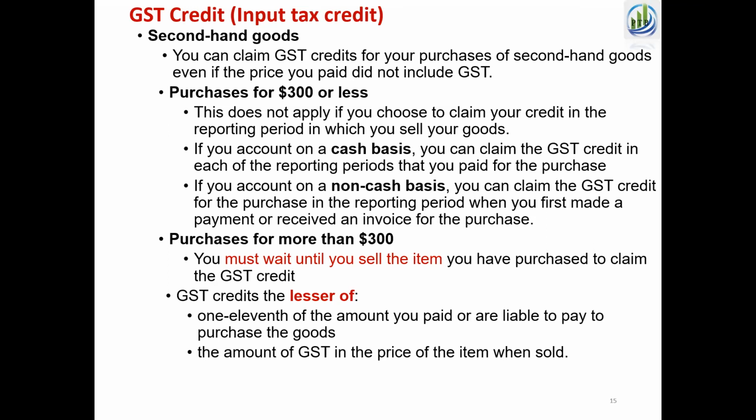But if you purchase a second-hand car from a Toyota dealer, you can immediately claim regardless of the amount. Why? That is GST registered, you have the tax invoice. The $300 rule only applies when you purchase the item from normal members of the public. Now we will move into